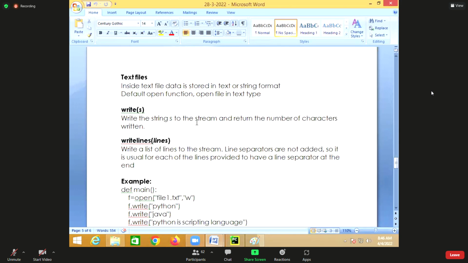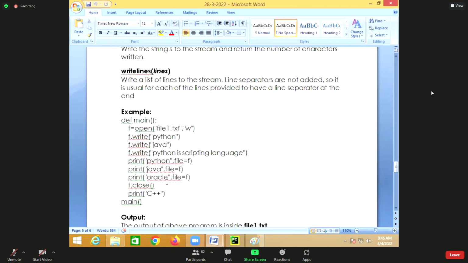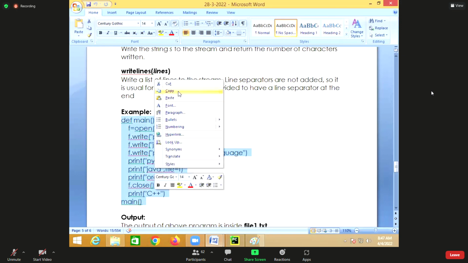Write the string to the stream and return the number of characters written. After writing, it will return how many characters it has written. You can also use print. For example,